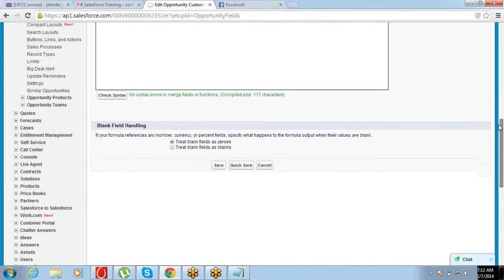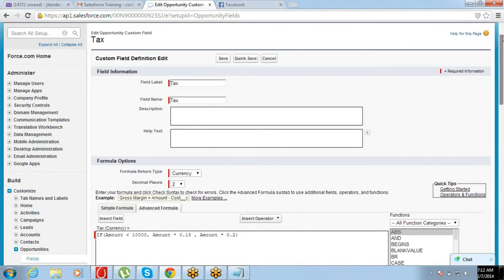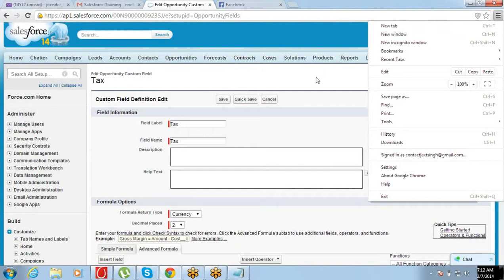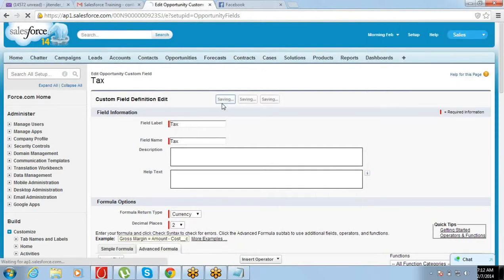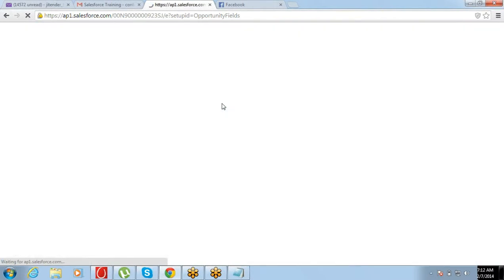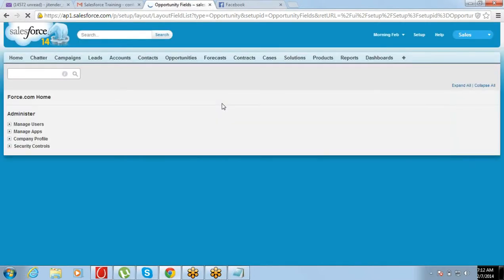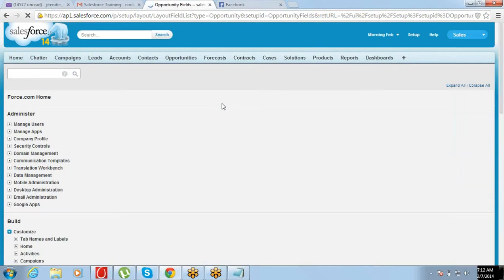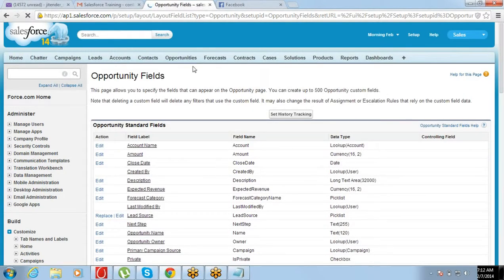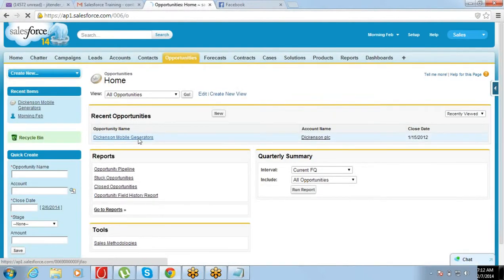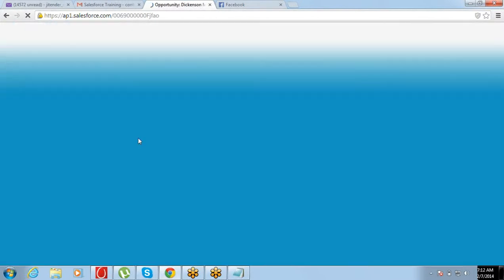It's fine. Okay. So let us go back and save it. Now if you just go to the record, you will see that based on the amount it calculates the tax, right?